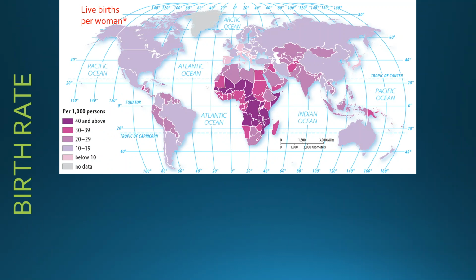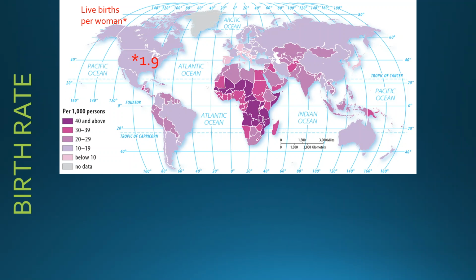Birth rate is live births per woman. And so in the US, we have 1.9. So on average, women are having close to 2 children. Some families are much larger, some families are smaller, some people don't have kids at all. But on average, in the United States, we're having about 2 kids per woman, and that is going down. I have one child.